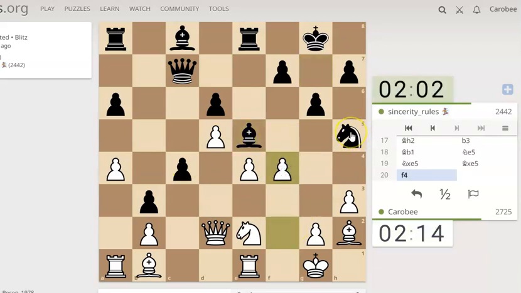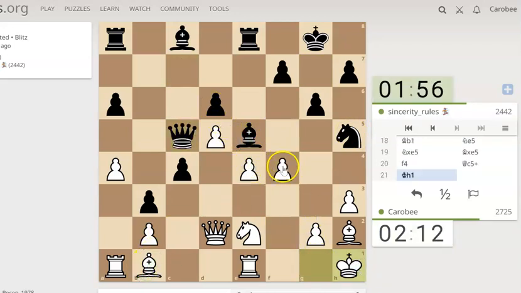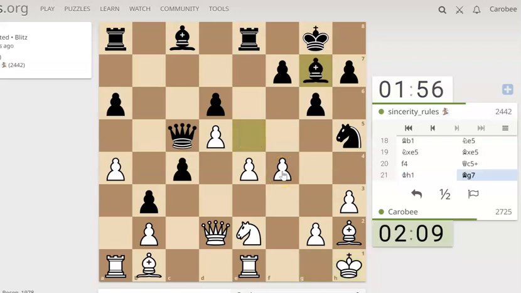That was f4. Yeah, I need e5 at some point to kind of unlock the bishop. So if I can't free the bishop, I'm in big trouble. There's bishop g1. G4, he's got knight f6. There's bishop g1 and